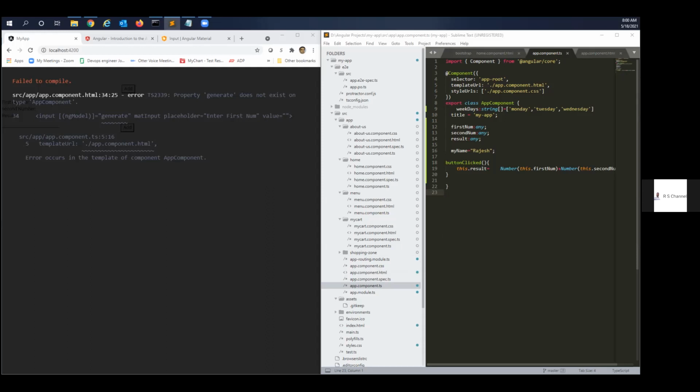This has to be given in the TS. So in the input box, I gave gen number as the variable. So in the TS file, I created a variable as gen number.